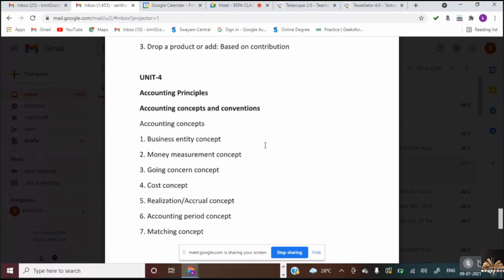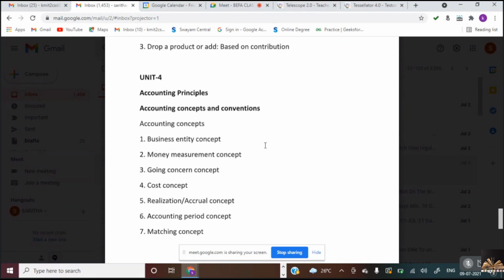Is it clear? First, business entity concept, the first concept. All of you? Yes, ma'am. Business entity concept says that there is an existence created as a separate legal entity by the name of the company, and the company can own, purchase and sell, all the activities in its name, and prepare reports at the end of the financial year. That is known as the business entity concept.